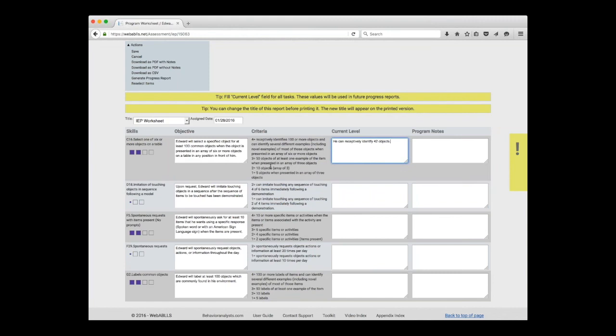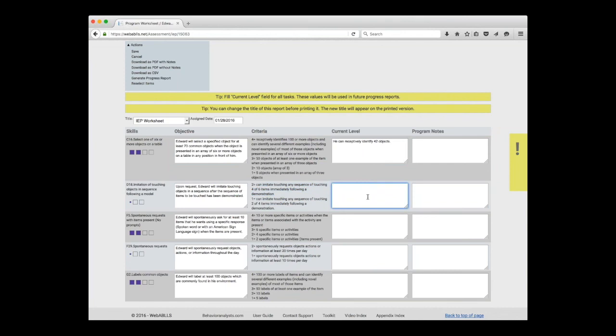And now what I've done here is I've got all this information, and if I want, I can say, well, this 100 objects is quite a bit. Let's just say I don't want 100. Well, I can go back here and set it to 50, he's already at 42, or I can set it anywhere I want. So if I want to put in 70 common objects, I can do that. So I can change each of these objectives. And again, I can cut and paste, for instance, if I want the criteria, cut it, paste it right into the objective, and it'll be there later on.